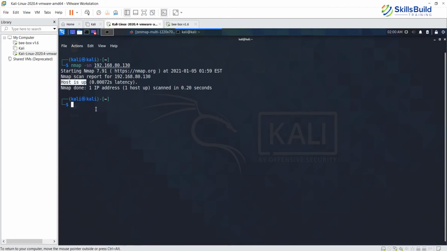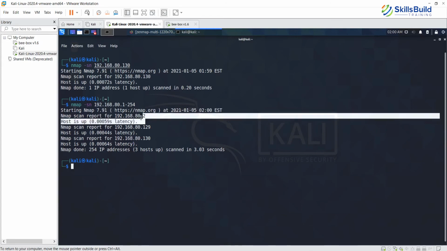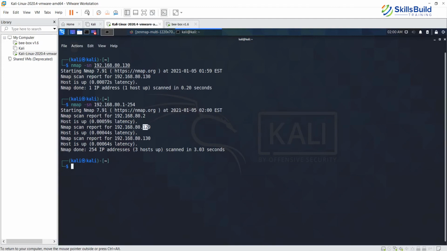So now, you can also do this for the entire subnet. Let's check it out. Again, the way you define the target for the entire subnet is the same: 1-254, where 254 is the last IP address of the subnet. We'll see another method using which you can scan a whole range of subnets. There you go. So it's found the IP address 2. 129 is the IP address of the Kali system which we are using, and 130 is the IP address of